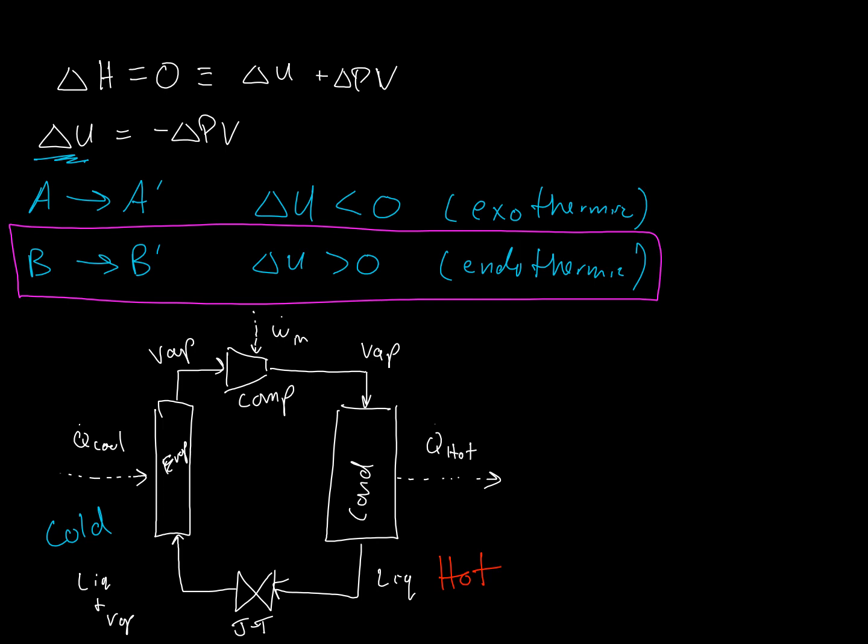So if I need to get heat to flow into the refrigeration cycle and flow out on the other side, I need to make sure that my evaporator is colder than the environment that I'm trying to chill. And I need to make sure that my condenser is hotter than where I'm trying to reject the heat to. So the whole point of the Joule-Thomson valve is that when I expand my liquid, it drops to a temperature colder than the environment in the refrigerator that I'm trying to chill,